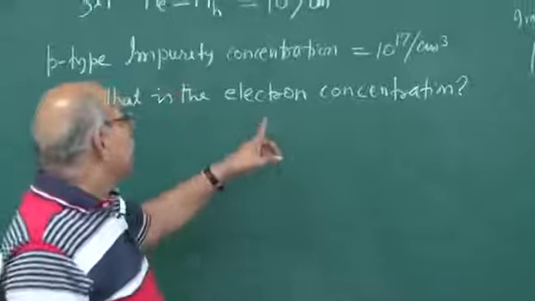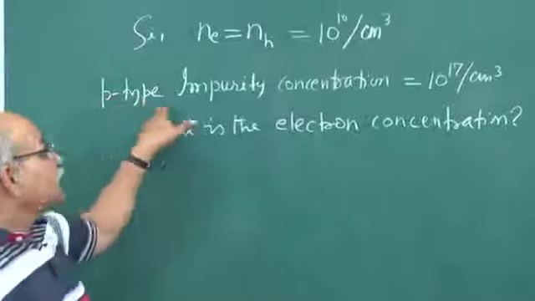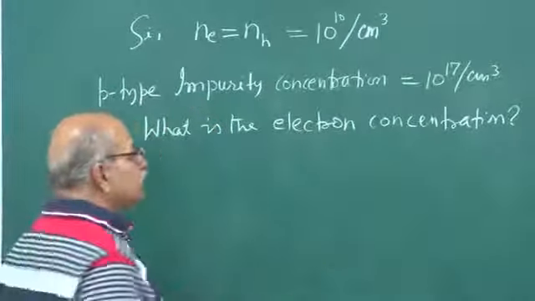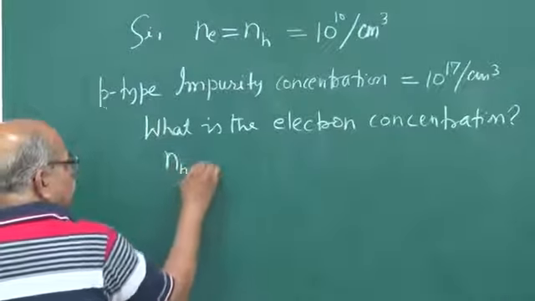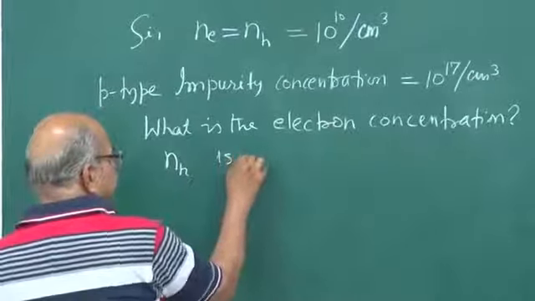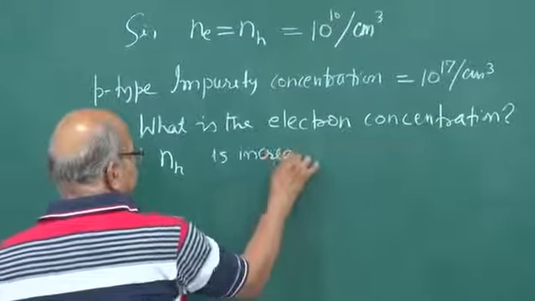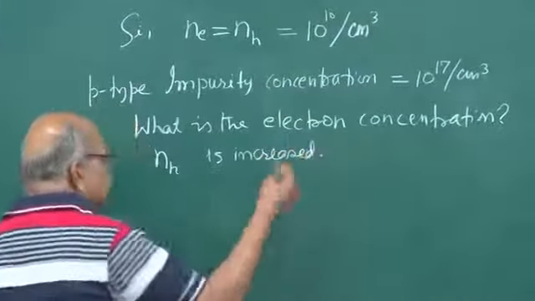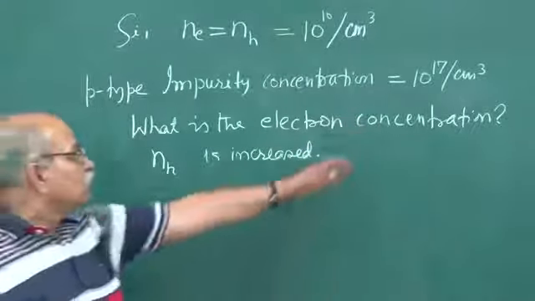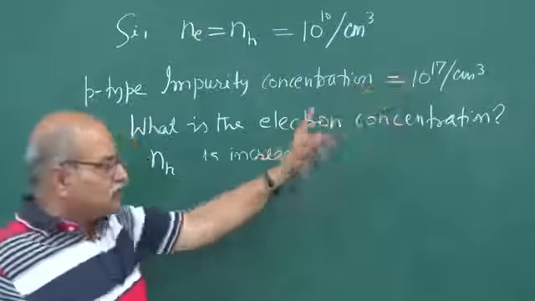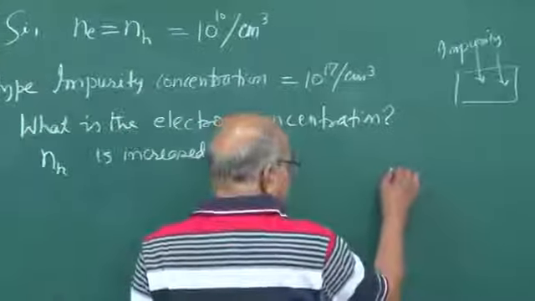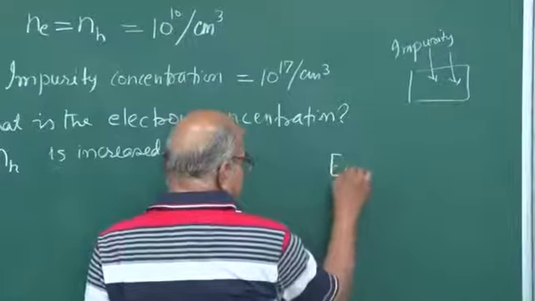So if I am doping a p-type impurity, then definitely this NH, the hole concentration, is increased. And how much does it become? It becomes almost the same as the dopant concentration, because remember, each impurity